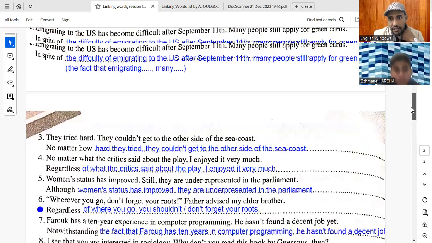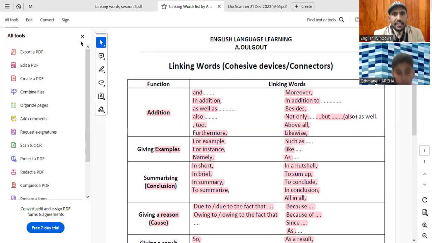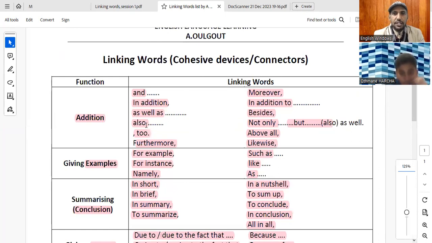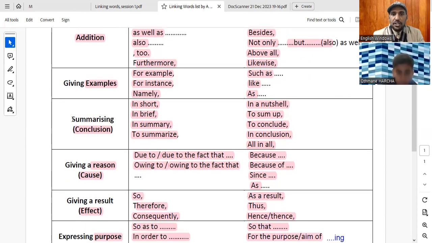Yes. All right. So, as we said before, just some recapitulation before we move on. Last time we talked about linking words. We said that there are different linking words, and each group of linking words has a certain function. We have linking words for addition, and linking words for giving examples. If I want to give an example, I could say for example, for instance, such as, and then you give examples. There are linking words that we can use to give the summary or the conclusion at the end, when I would like to sum up or summarize what I have said.